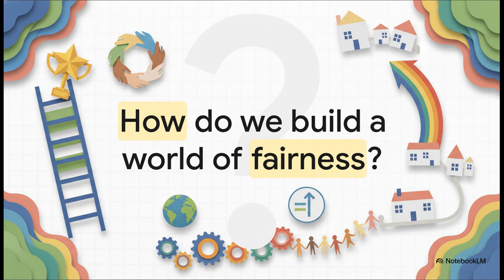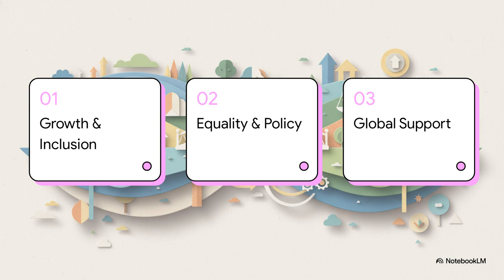I want you to imagine something for a second. Imagine a world where your future is determined entirely by your talent and your hard work, not by where you were born, not by what you look like or who you are. To build a truly stable, prosperous global society, we absolutely have to reduce the gaps between the rich and the poor. We must ensure that progress is shared by everyone, leaving literally no one behind. Okay, let's dive into this.